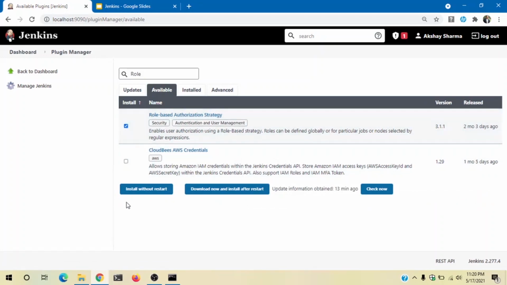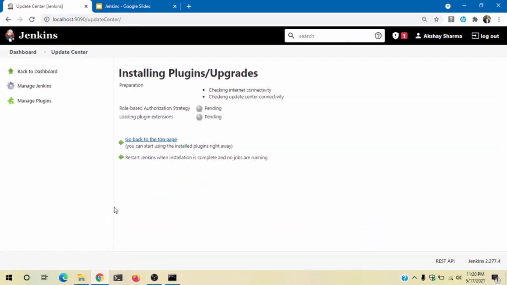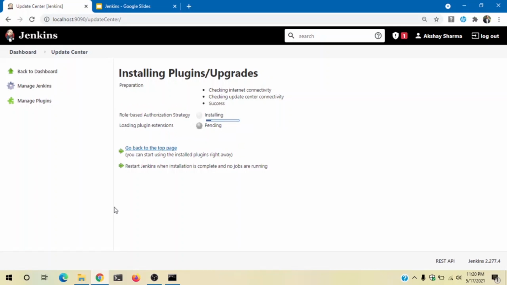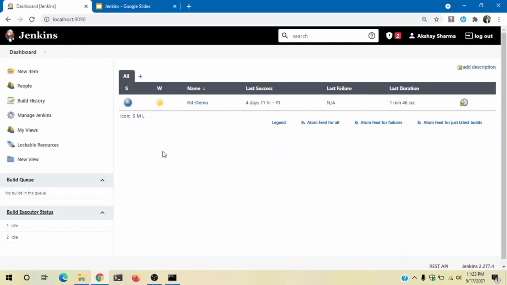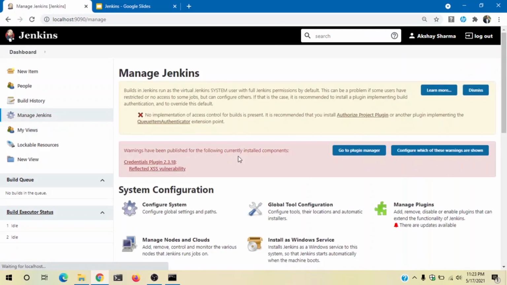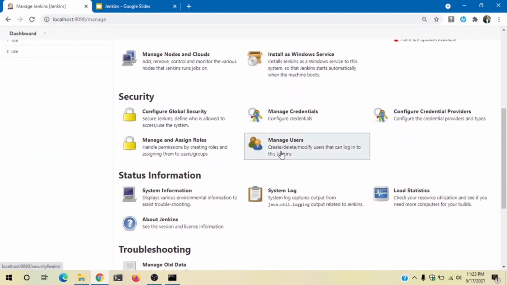I click on this checkbox and click on install without restart. Once the plugin is installed, you have to go to manage Jenkins, then go to manage users.